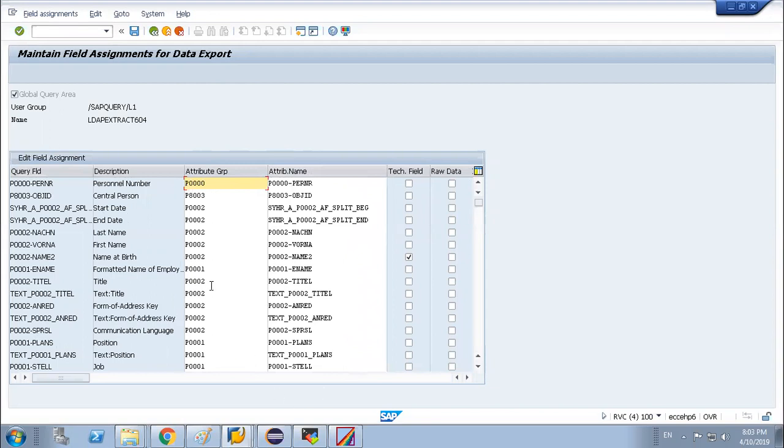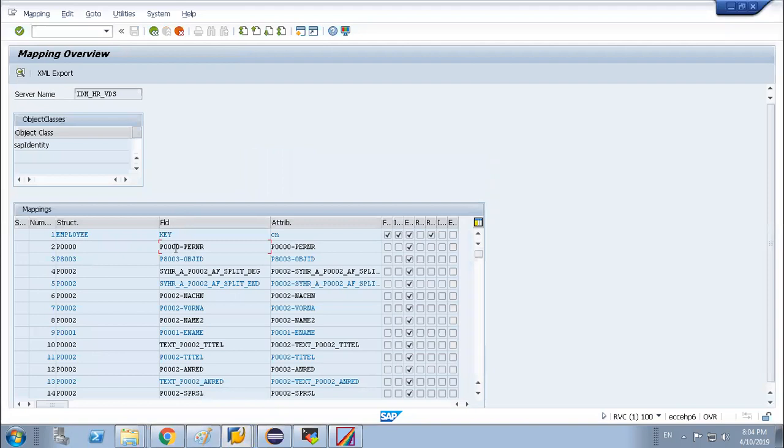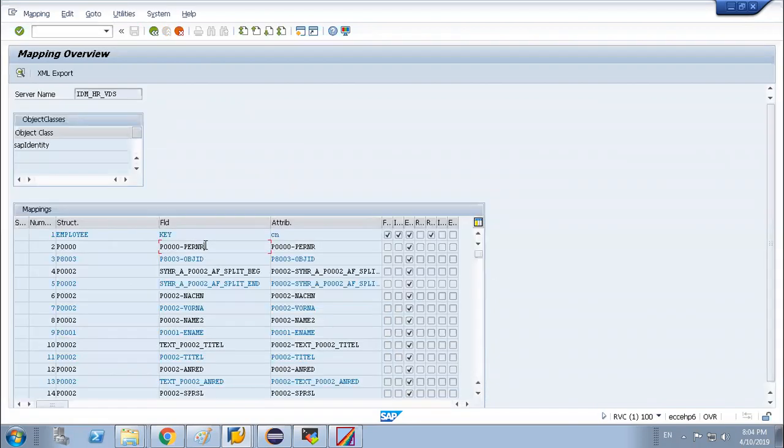These are the only attributes of our VDS side. So for the corresponding mapping, you can see the same name. Suppose P000 partner: if you go to your VDS mapping area, P00 partner, what is the structural name? This is the attribute group name, and the corresponding attribute field is P00 partner. This is the attribute field name.